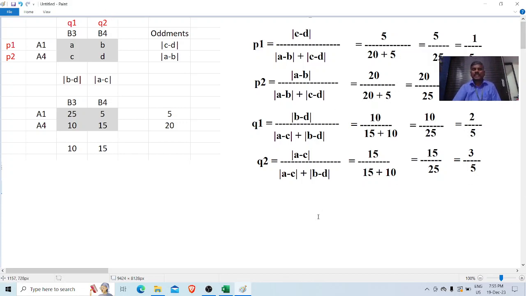Next, we need to find the value of the game. Anyway, as we already discussed, firm A is going to win this game because all the values in the payoff matrix are positive. Still, we will see what is the overall gain or value for firm A. We will calculate the value of the game. There is a simple formula. Value of the game is equal to